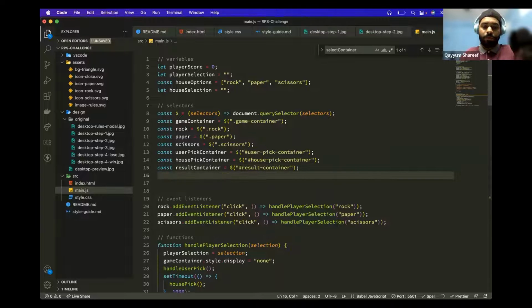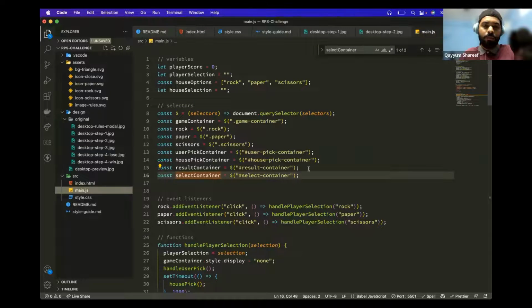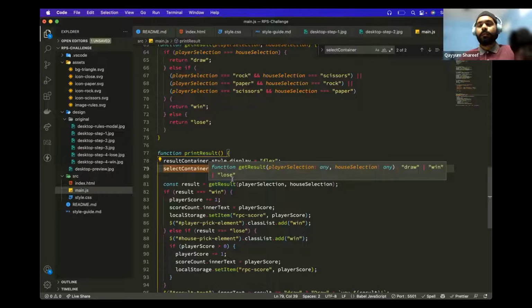So we are going to get the select container, and we are going to use the class for the select container. Once we have the select container, since we are applying gap to it, we can assume that after selection happens, we are going to